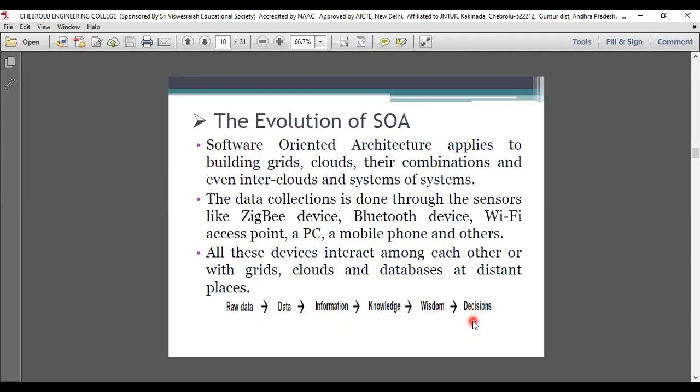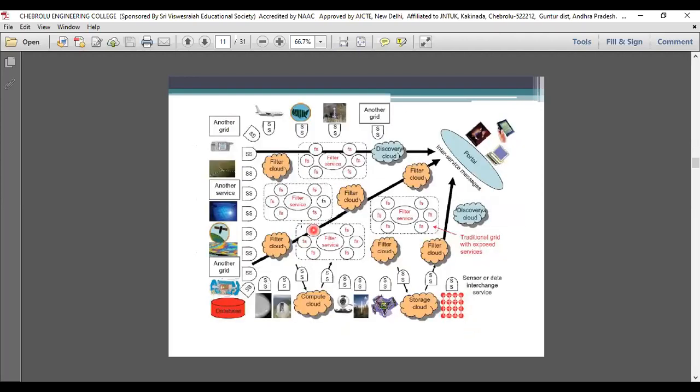Okay, so coming to the next representation. If you remember this diagram, I'm using different representations here. We are using the sensor service, then the filter service, and then the next service here. And also we have the filter cloud, all of which will be provided. First we take the data.